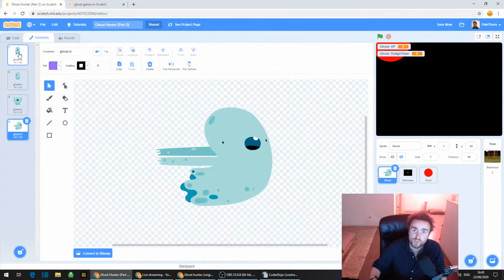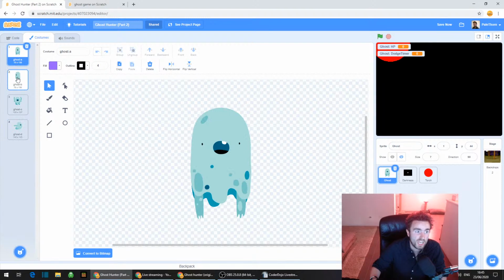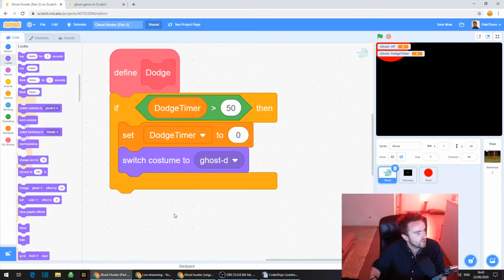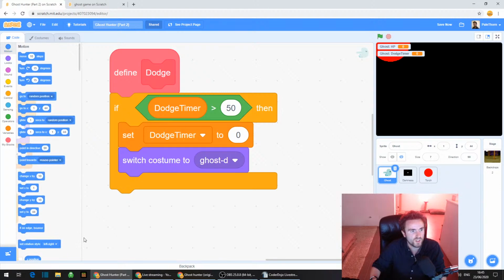And you'll notice if you look in costumes, they all have names: Ghost A, Ghost B, Ghost C, and Ghost D. And then what we're going to do is make them point in a random direction. So let's go to motion. And what we want is for them to point in a random direction.